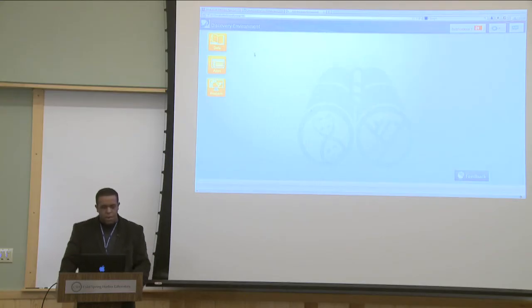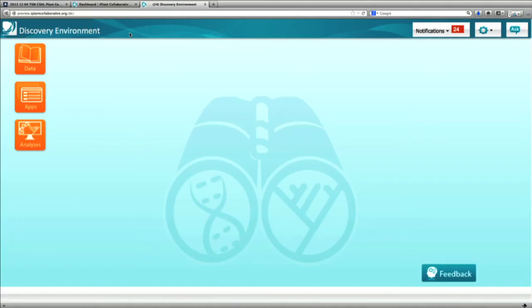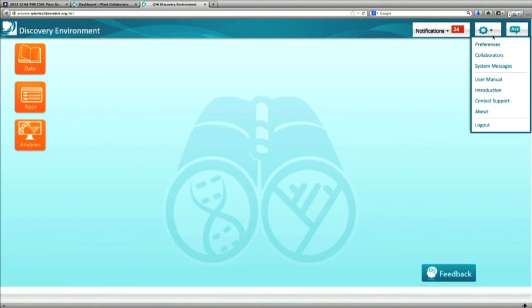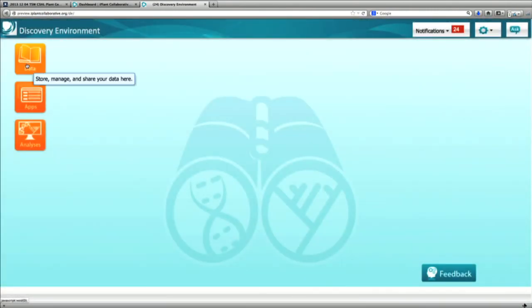So in the discovery environment here, there are a couple of different things. There are some settings and some help up here on the right-hand side. You don't need to worry about that so much, although through here there is a little bit of an introduction. So if you're bored for a second, or if you forget something, you can go to the introduction. I'm just going to take you through it myself. If you click on the data window,